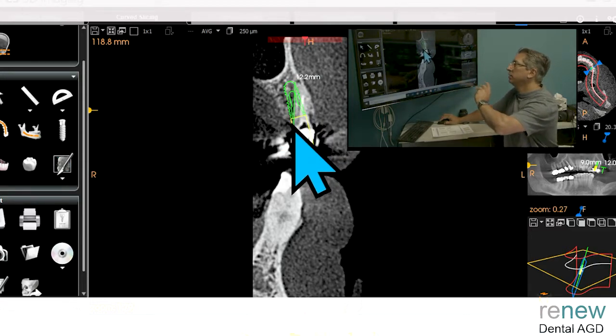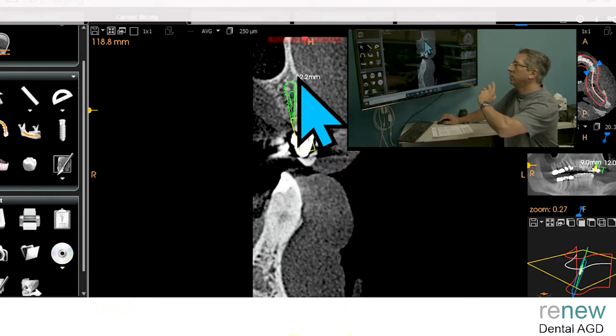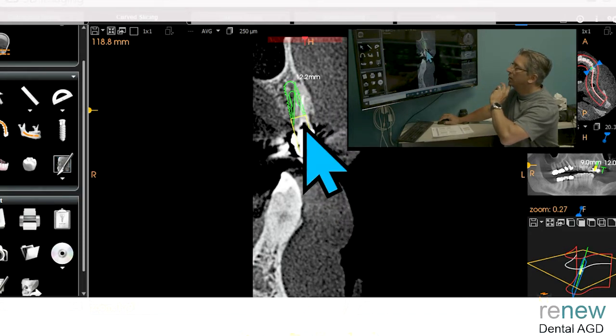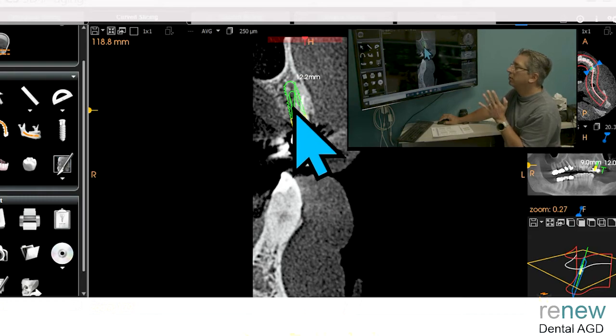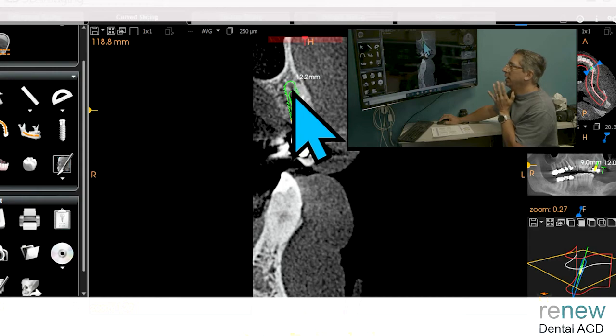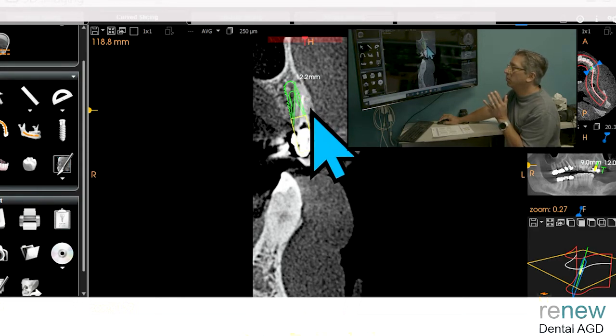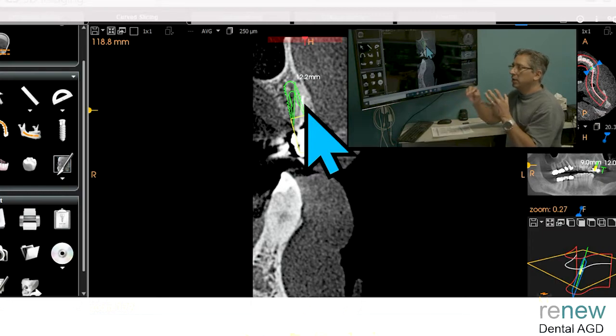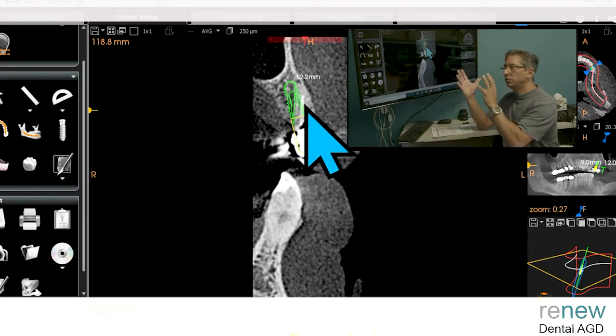The socket site wall is right here. So to drill into this kind of angle is very difficult. And to get it to be in this position and hold when all of this part of the implant is going to be out into the socket,